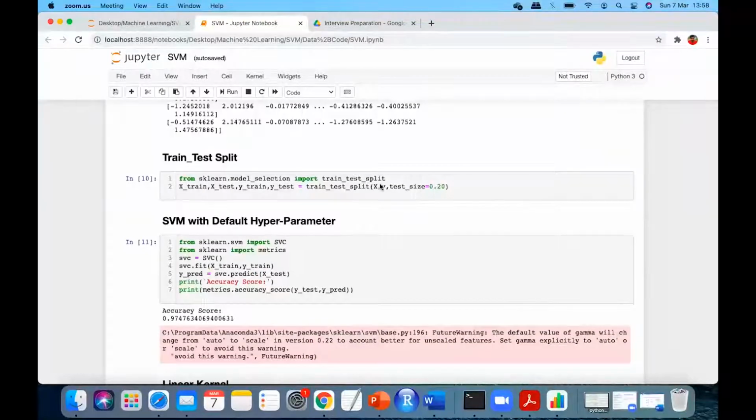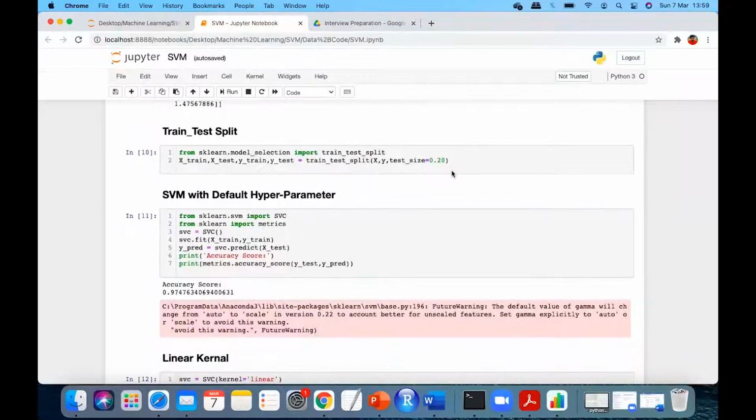After that, train, test, split. I'm coming to the important part. Okay, so all of you know these things, right? How the split is happening. What is the test size here? 0.2, 20%. And that means training is 80. So 80-20 I have split it. Now I'm starting the SVM with default hyperparameters, right? I haven't passed any single parameter into this.